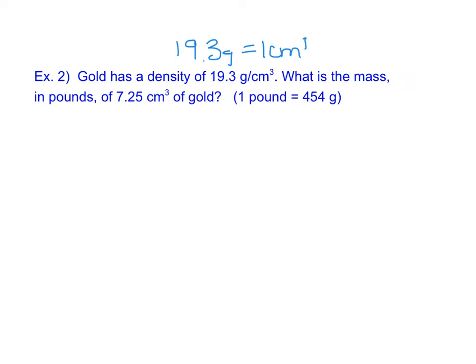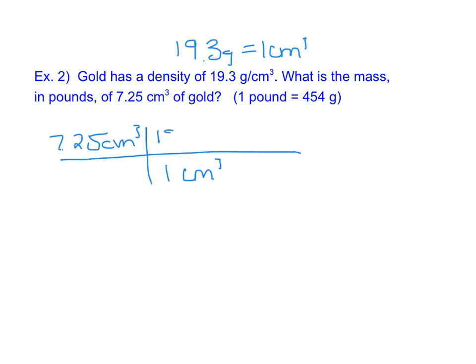So we're going to start with our other number. We're always going to start our dimensional analysis with whichever number has fewer units. So it's going to be 7.25 centimeters cubed. Got our T-chart here. So I know I need to cancel out my centimeters cubed, so I'm going to put that down there on the bottom. And if we go back to our density, I know 1 centimeter cubed equals 19.3 grams of gold. So at this point, we have canceled out our centimeters cubed, and we have grams, which is